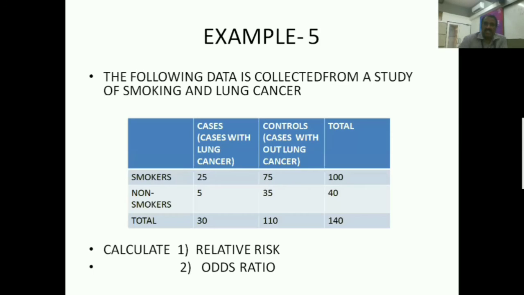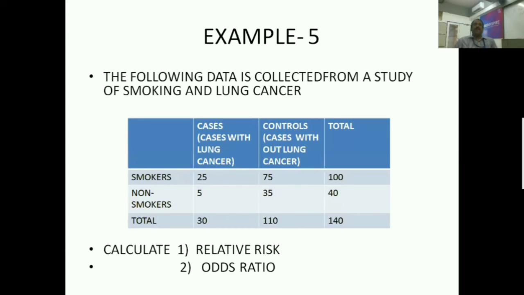Next one is odds ratio. That is AD divided by BC. Okay, so A is 33 and D is 27 and B is 55 and C is 2, and the odds ratio value is 8.1. We have already solved this using the whiteboard. Any doubts? Okay. Next one, you try to find out this example in the same way.